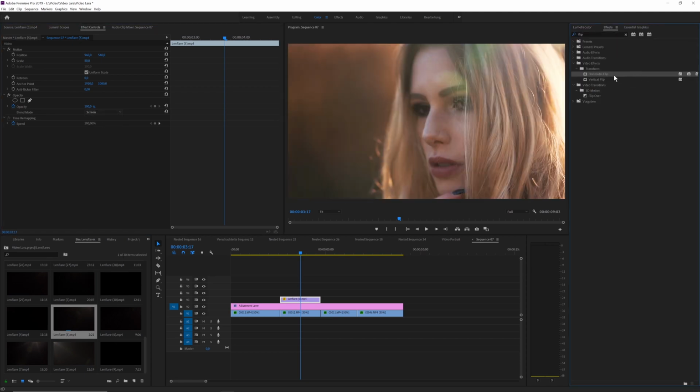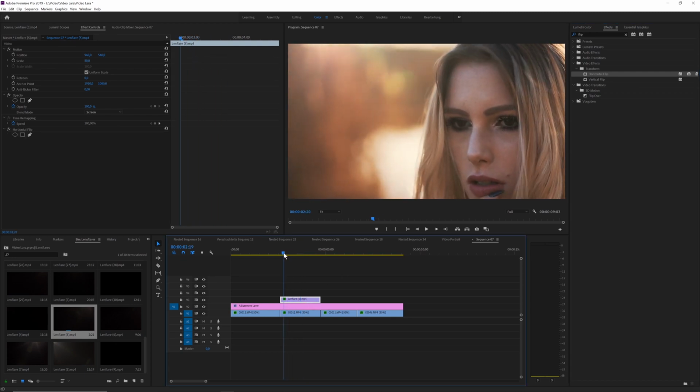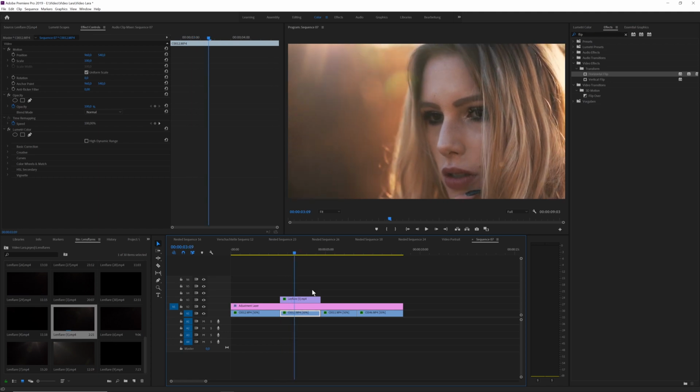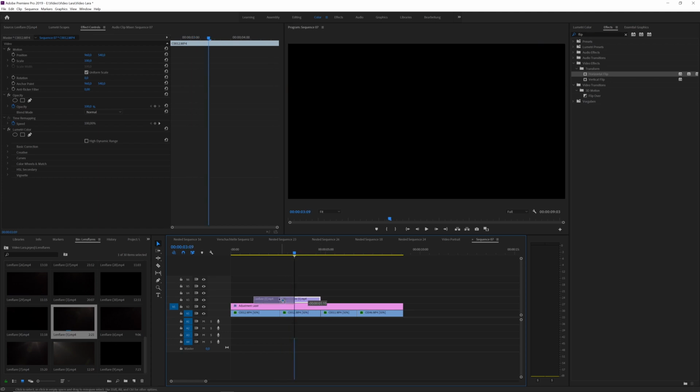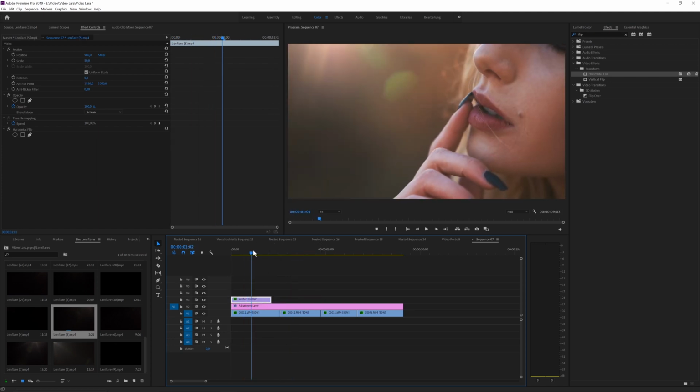to screen. Now, because I want the lens flare to come from the left, we go to the effects control panel, search for the horizontal flip and drag that effect onto our lens flare, and now the lens flare is coming from the left. Now I quickly drag that lens flare to over our first clip and go to the